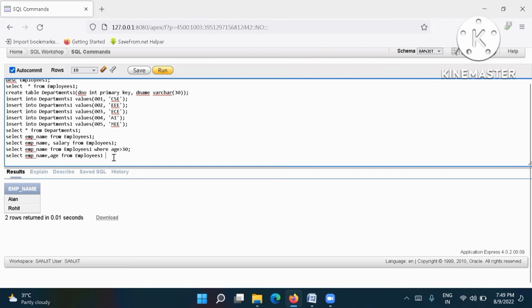from what? From employees1, right? Employee name is from employees1, where gender is equal to female, right? We have to show female only. So what is the question? Select employee name from the employees table where gender is equal to female, and